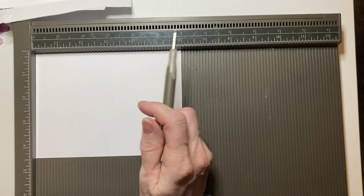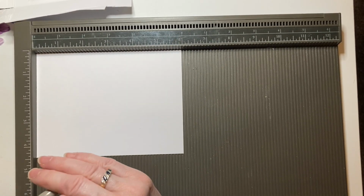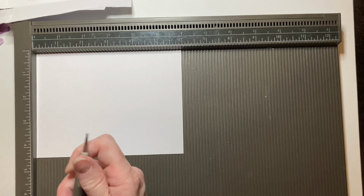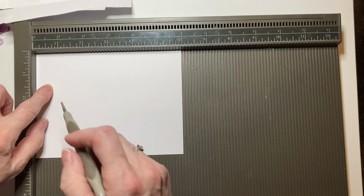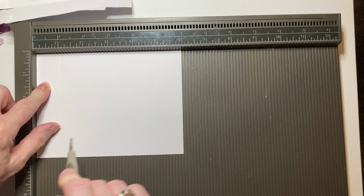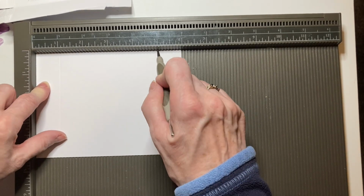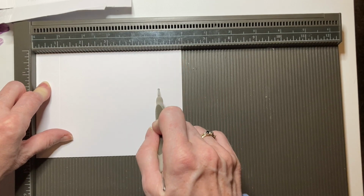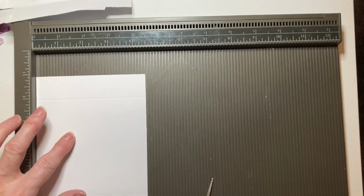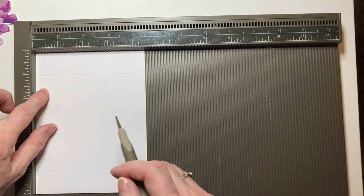And then next what I've done is I've taken a piece of my white smooth cardstock, cut it down to 6 by 4.5, and on the 6-inch side I want to score first of all at 1 inch. Oops, that's gone out. And then 5 inches. Okay. Then flip it on to the 4.5-inch side, and then we want to